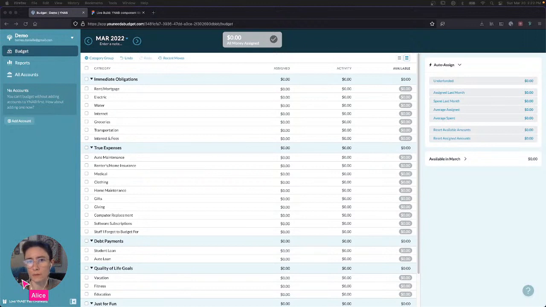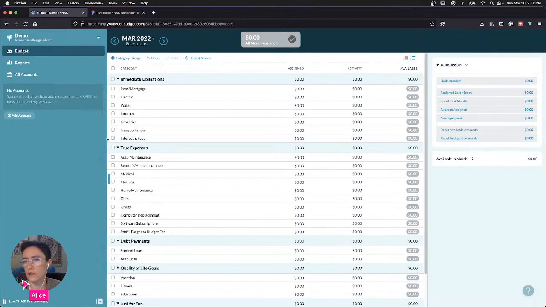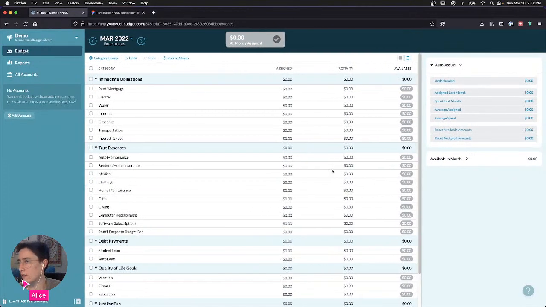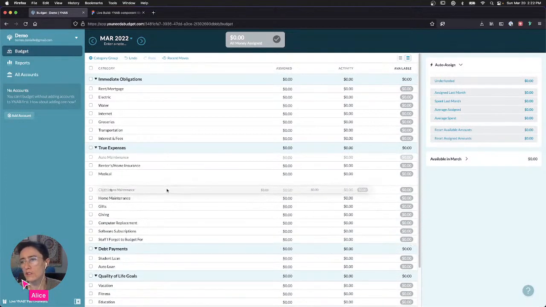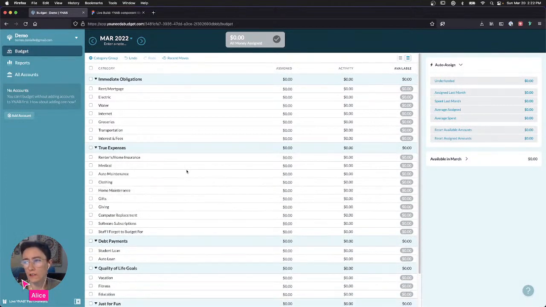And I chose YNAB for a couple of reasons. The first is I think it's going to be challenging to build. There's a lot of very dynamic things about it. We've obviously got tables here. There's these chunks of interface that you can expand. Of course, you can rearrange things. There's a lot of data entry, data management from users, so I think it'll be fun and challenging in that